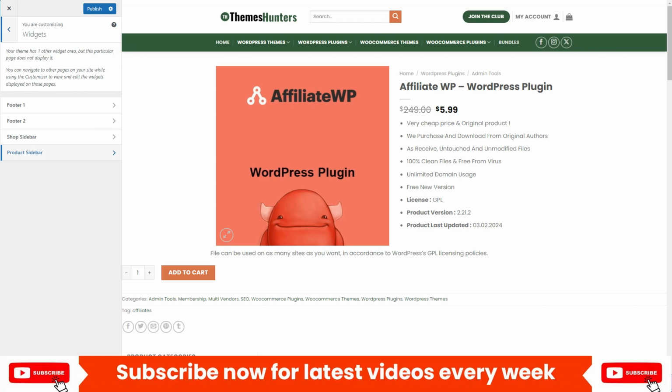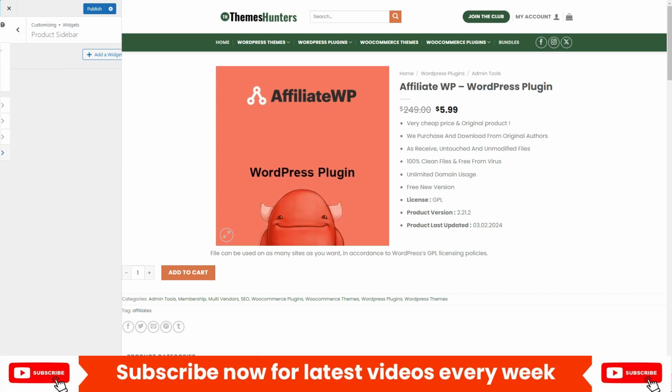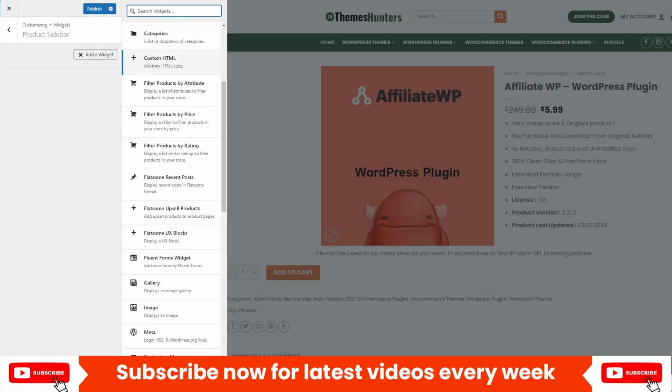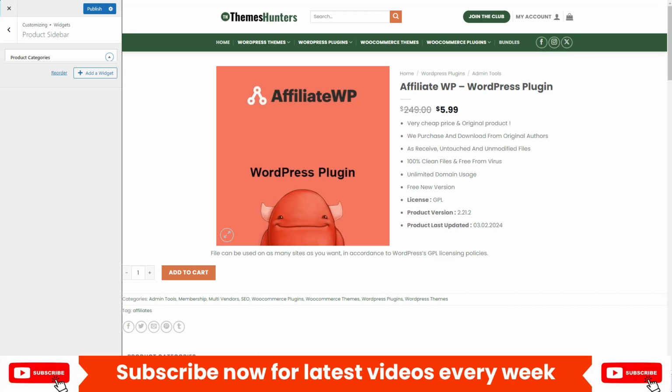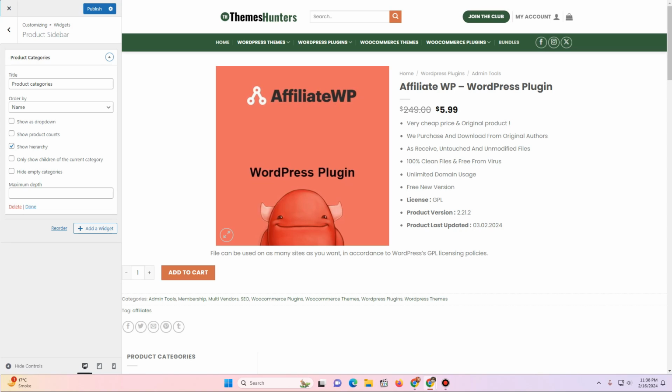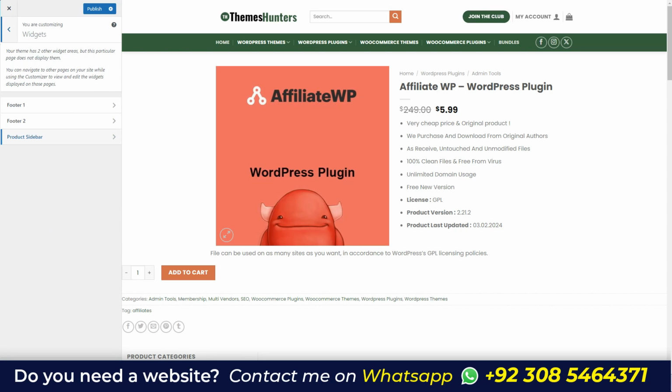Here you can see now we have another option available, product sidebar. So go to the product sidebar and click on add widget, and in this add widget we are once again going to display the product categories. So let's find product categories. Here they are. Let's insert the product categories option right here, and then let's keep show hierarchy and everything that is showing here. Let's just go back,